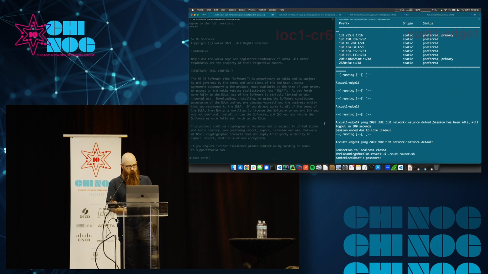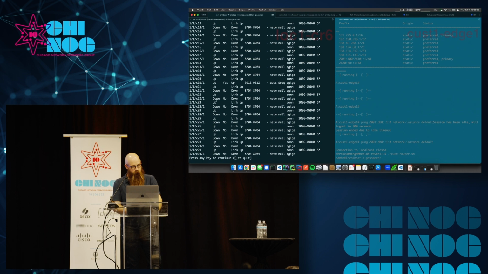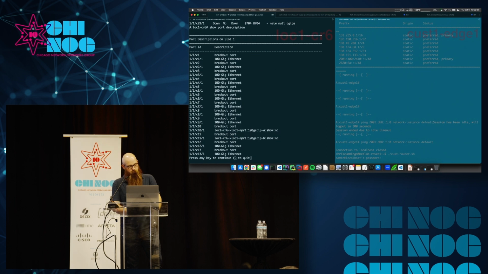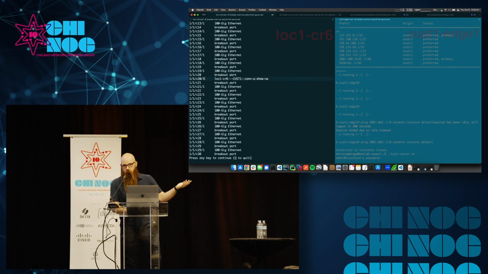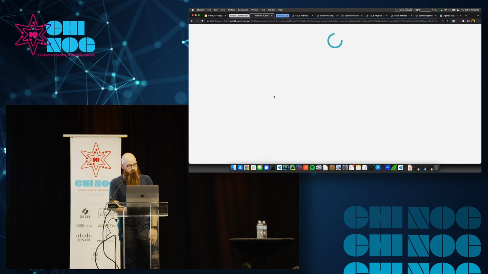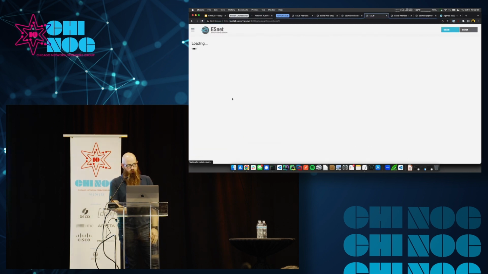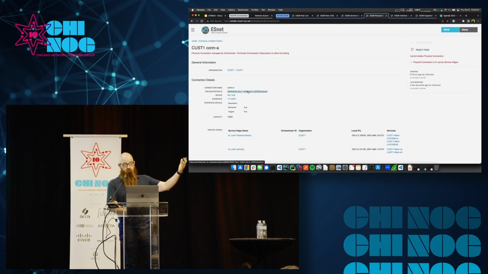Now if I go over to the router, I should have done this before, but if I do show port description, over there on 11C21, we now see that description that we generated with our orchestrator. This auto refresh isn't working for some reason. So now that's done, and that actually has a subscription ID. If I go to the physical connection in ESDB and refresh that page, the orchestrator has posted back to ESDB the orchestrator ID, so that an engineer can look in the source of truth and cross-reference that back to the